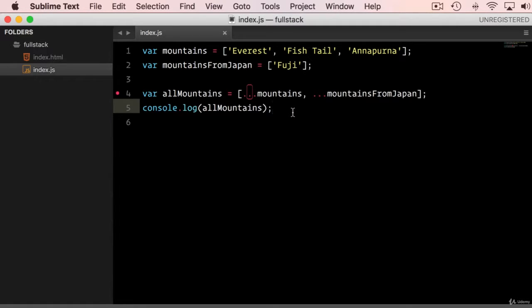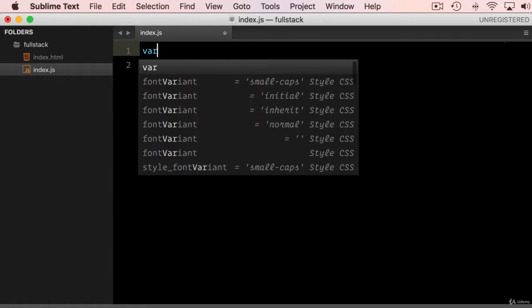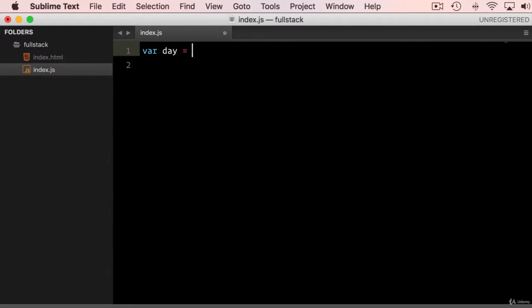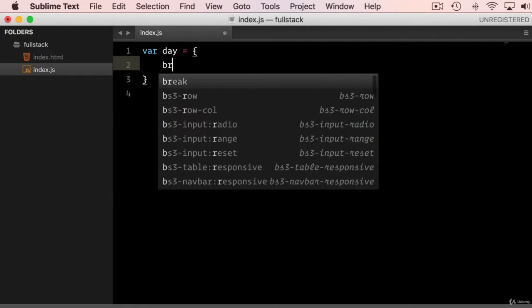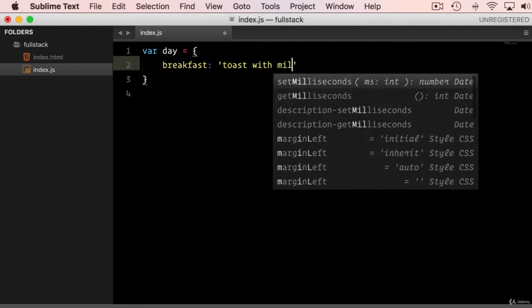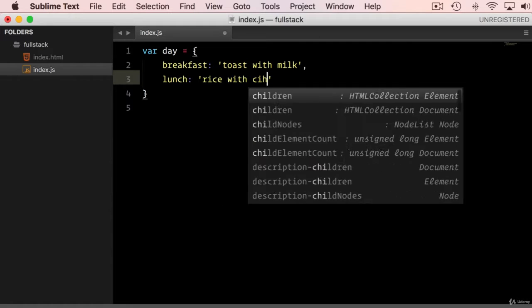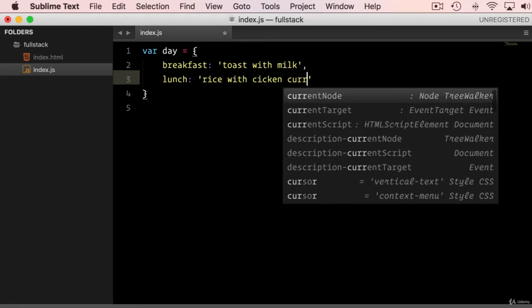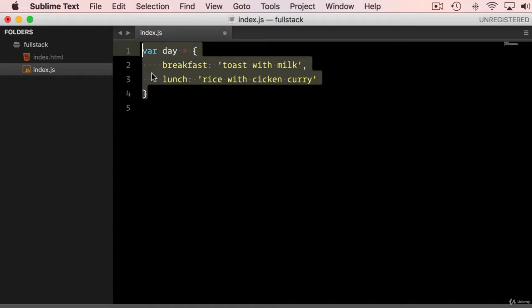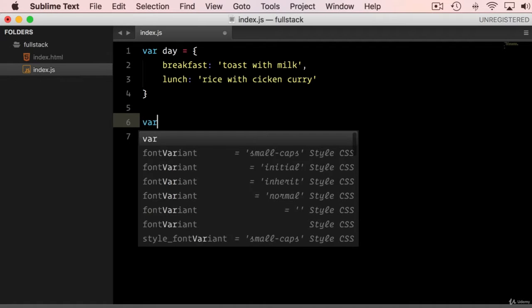Now let's try using it on object as well. We did this on array. Now let's try on objects. Let's create a variable called day. This is an object, and this will have, let's say, breakfast. This will contain the breakfast food. Let's say toast with milk. Okay, and then let's say lunch. Let's say rice with chicken curry. Okay, so this object contains breakfast and lunch, and let's say we get one more object variable, let's say night,